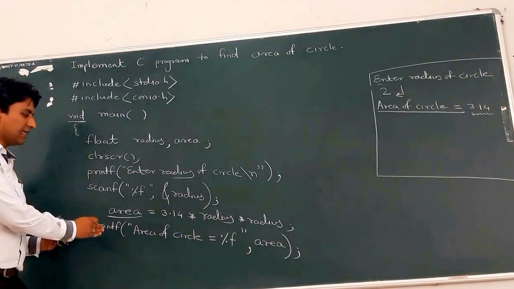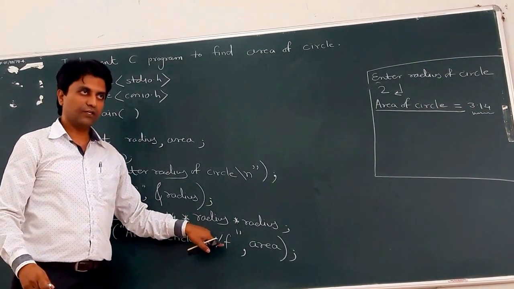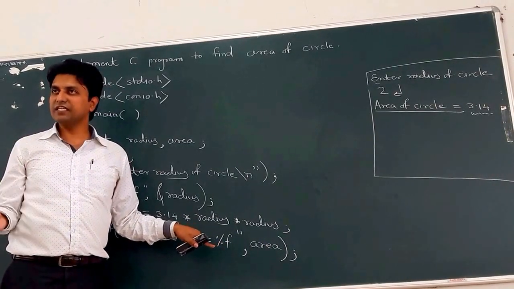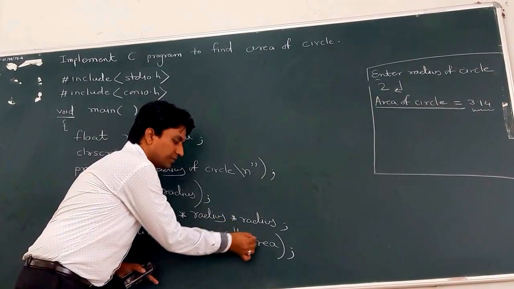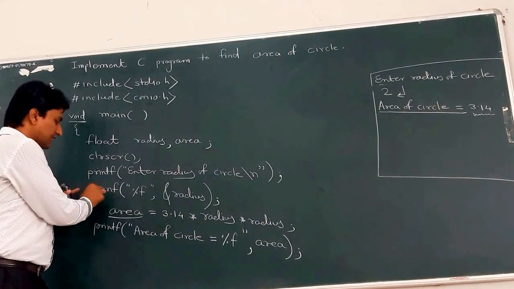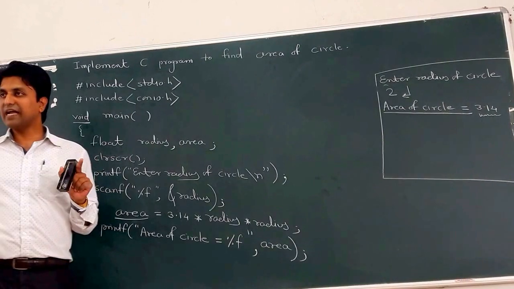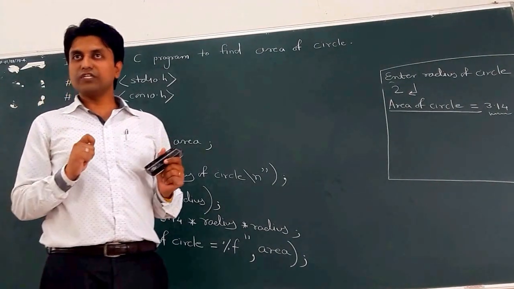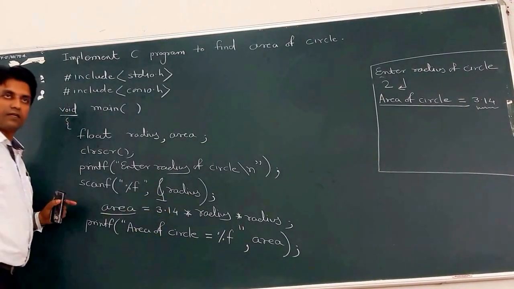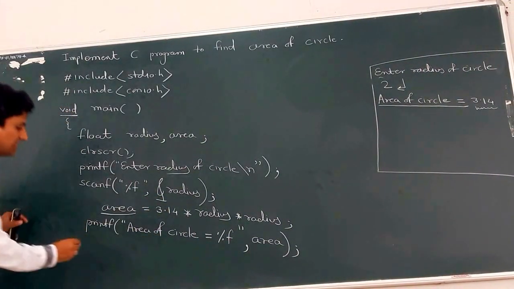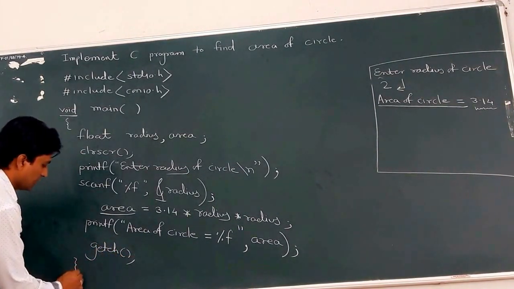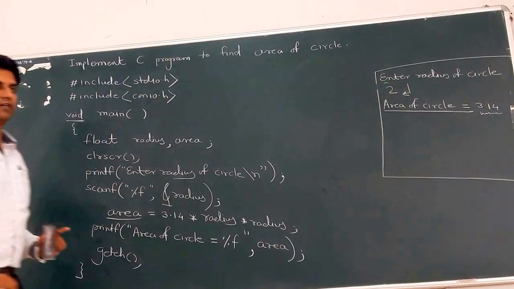While you are printing the data and some part is a variable denoted by %f or %d or %c, for that part and the value after it, don't write ampersand. Ampersand is given only at the time of scanning the value, that means taking the value from the user. At that time use scanf and ampersand. After that, the last statement is getch to freeze the console, and the curly bracket of the main function is completed.